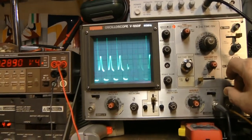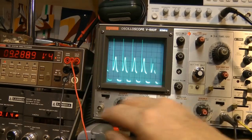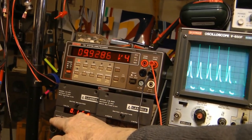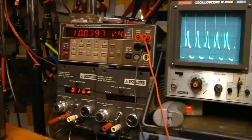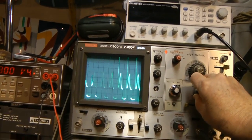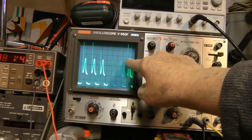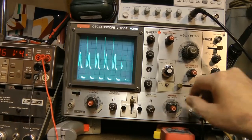Anyhow, so now we're at 9 volts. Let's just go to 10. That makes it the easiest. So there's 10 volts, drawing 160 milliamps. I've got 5, 10, 15, 20, 25 volts on the output that's carrying current, and something way above here yet